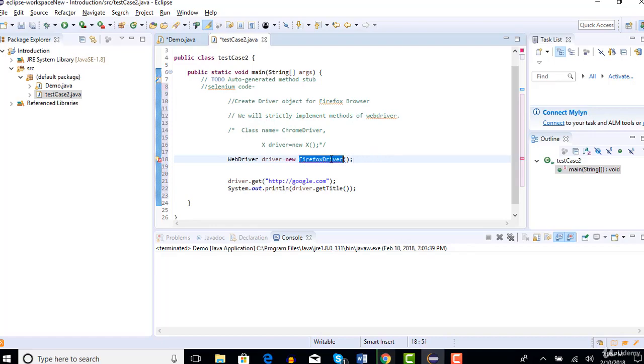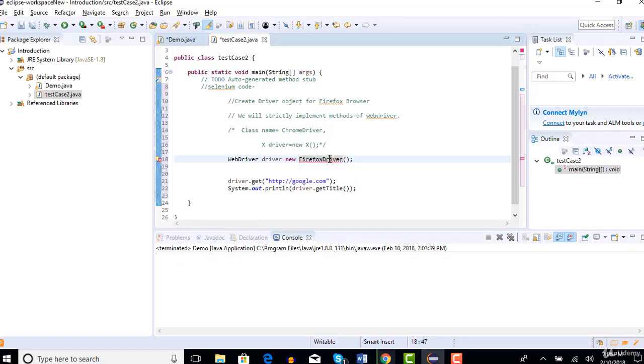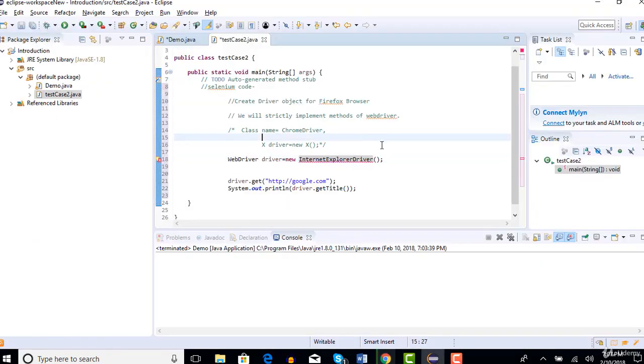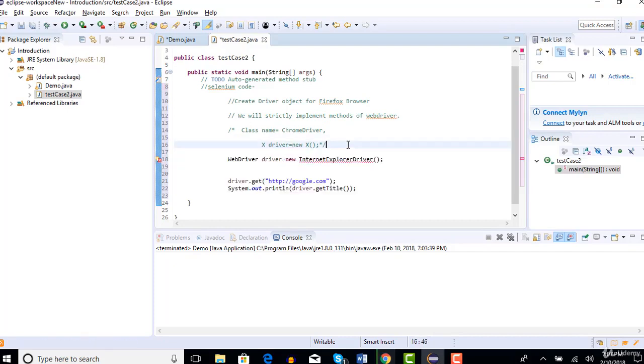Just change the name of your class. Here it is Chrome, so we put Chrome, and when we are dealing with Firefox, just replace that with Firefox. So that's why this step stands as a template for each and every Selenium test case. If you remember this template, you can simply change this class name based upon the browser you are automating. And tomorrow, if you want to automate your test in Internet Explorer, just take the Internet Explorer driver and replace it here. That's all.